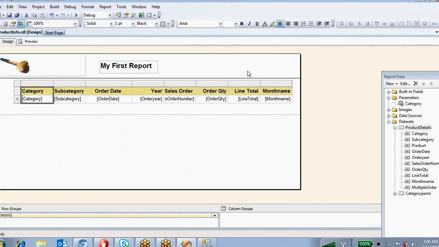Always the query level parameters are the best option, because it reduces the amount of data transferred, and whatever data is required to display in the report, only that much data is carried from the database. So that is about query level and report level parameters.